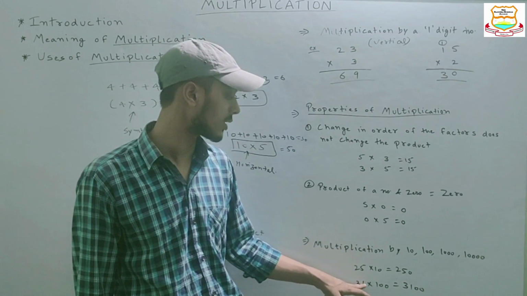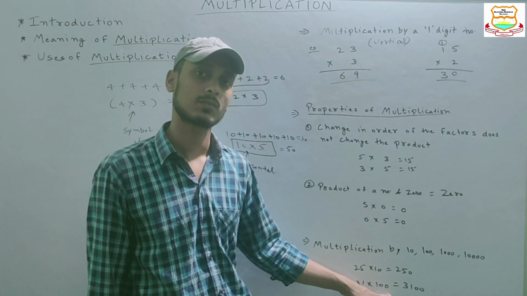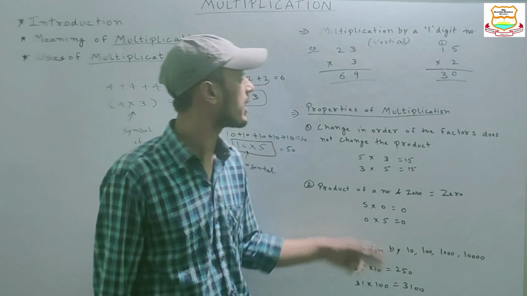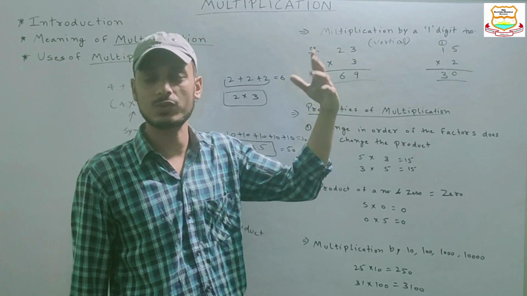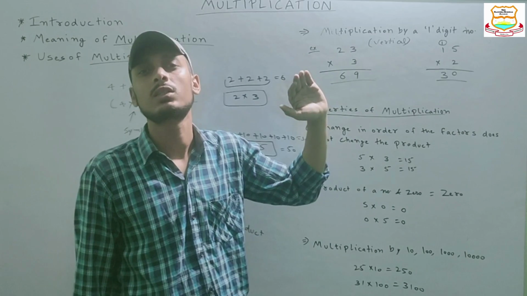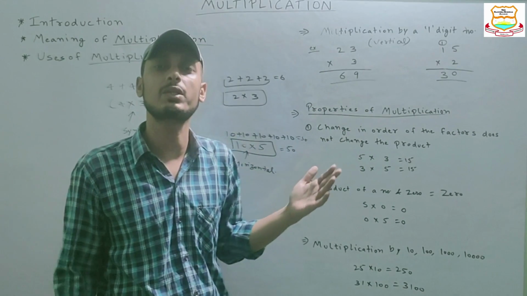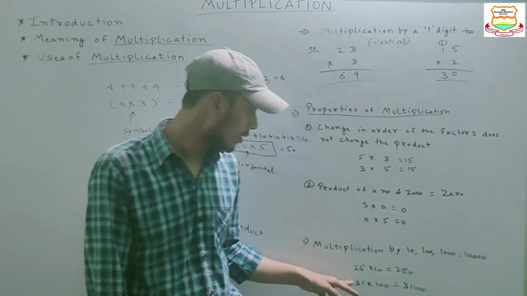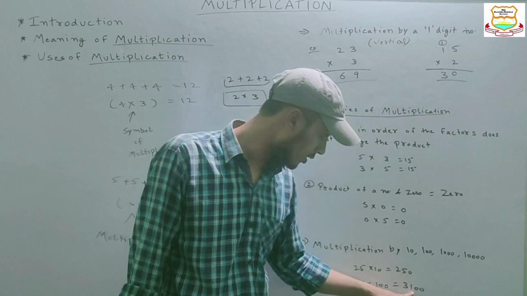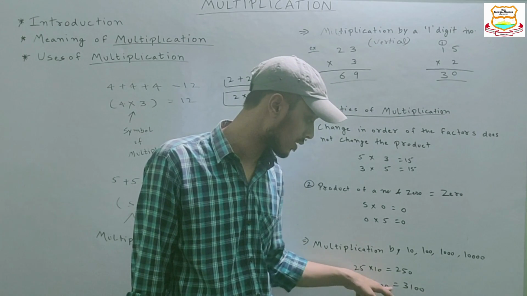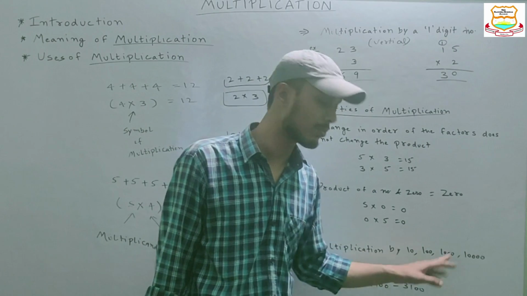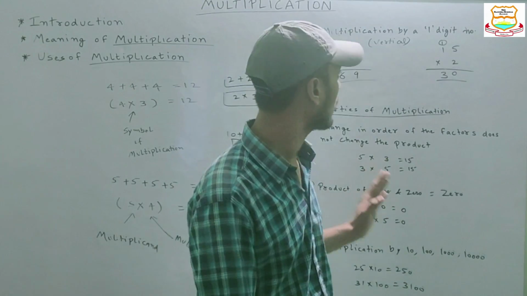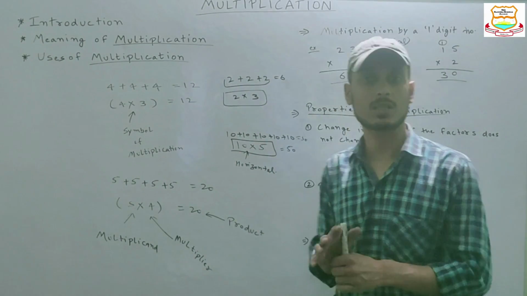Let us see another example. Suppose we want to multiply 31 by 100. 31 into 100. Then we don't need to multiply by such method. Yes, of course the answer will come the same, but it will become a tedious job. You need to multiply. It will take time. But directly write down 31 and after that count the number of zeros in the multiplier and put that number of zeros. The answer will be that. So now the topic is complete, the chapter is complete.